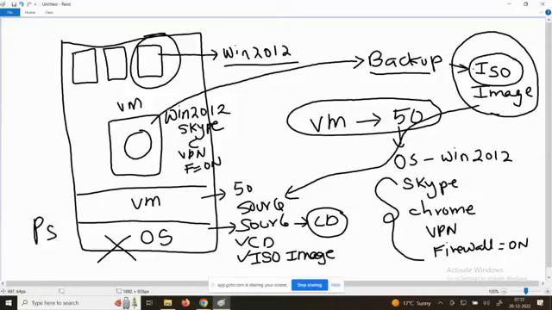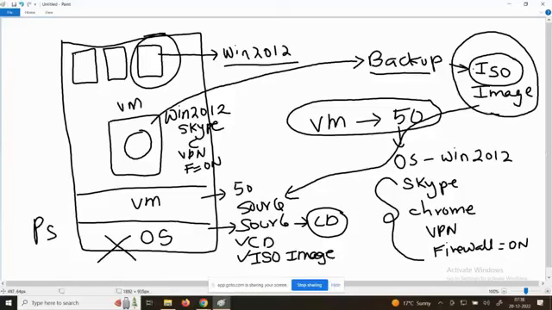Can you tell me, if I want to run it, what is the size of the Skype software? How much MB? 100 MB? 50 MB? Very good. Chrome? 50 MB. VPN? 50 MB. So the total size is how much? 150 MB, right? But now my business case: my customer is saying this is a very, very important server, kept in Hyderabad. Business critical server. Take this server and move it to the United States every half an hour. What is the challenge?